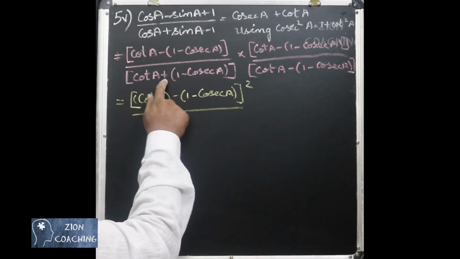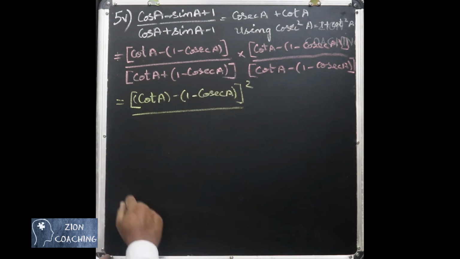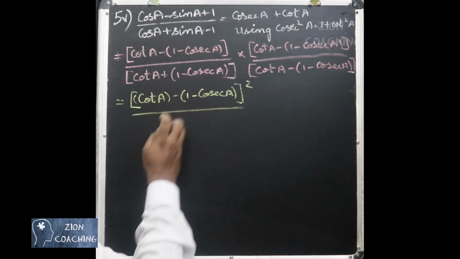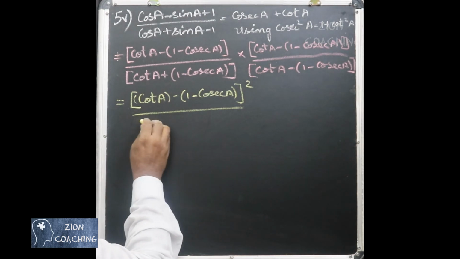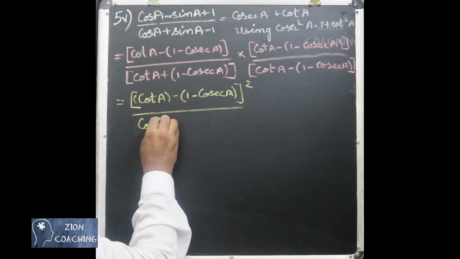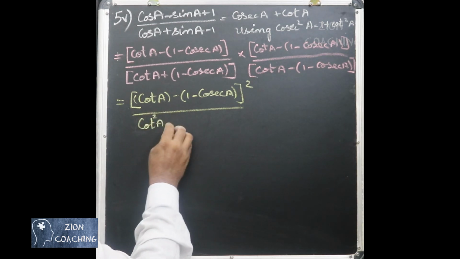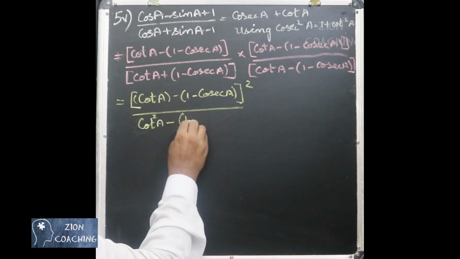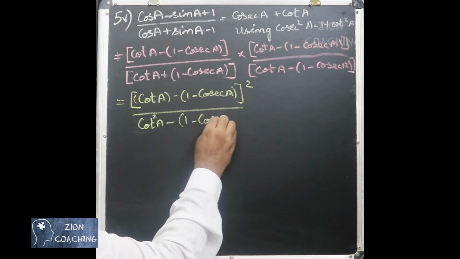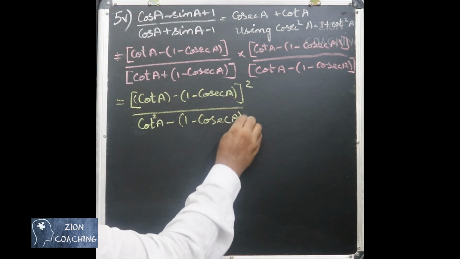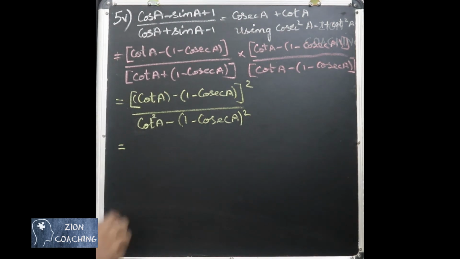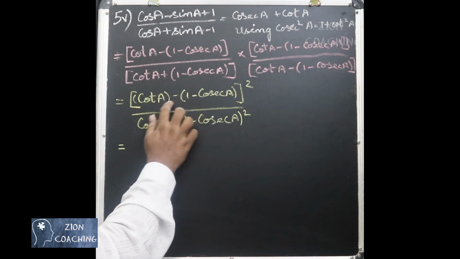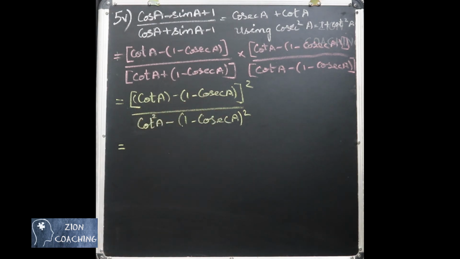So it is of the form A plus B into A minus B, which can be written as A squared minus B squared. So we are going to have A squared, which is cot squared A, minus B squared, which is 1 minus cosecant A the whole square. Now we are going to expand. I am going to expand the numerator using the A minus B the whole squared formula. When we expand, we will get